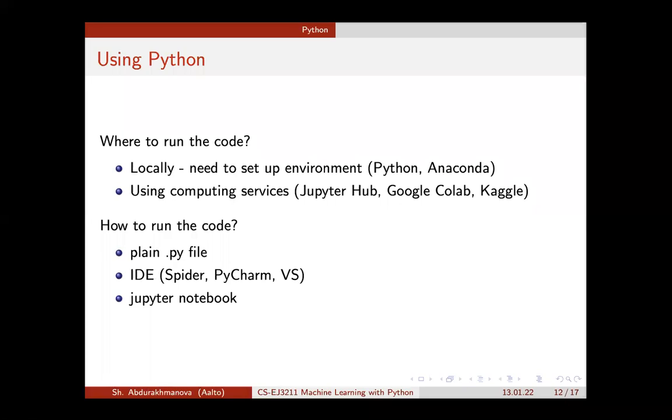Some examples are Spyder, PyCharm, or Visual Studio Code. We are going to use Jupyter notebooks in this course, which are very good for prototyping and where we can also insert some text, some pictures, and also code.